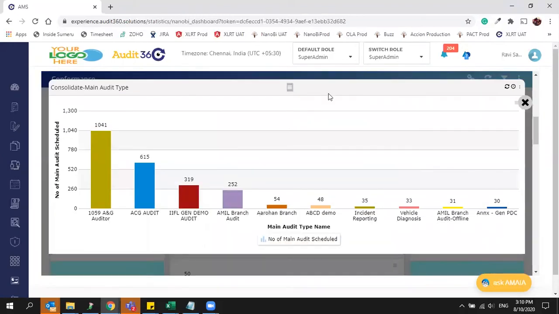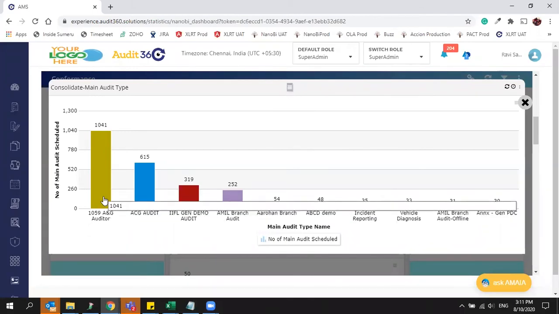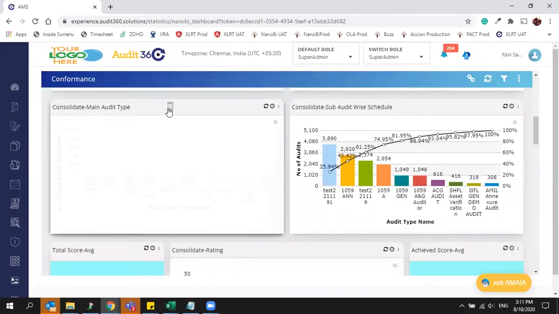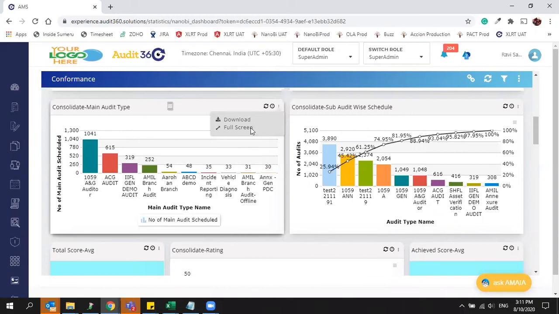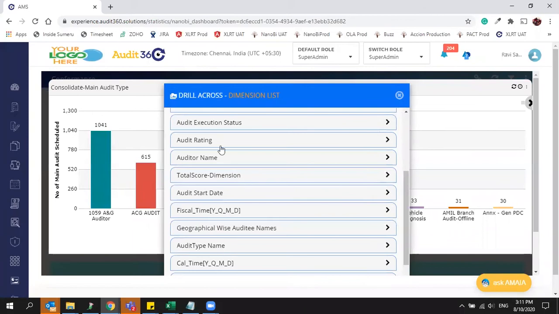Now, when you are in the main audit type chart, you want to see drill across for this particular main audit: who is the auditor that executed this audit. One minute, I'll enable the drill across and go to the full screen view. Then I'll choose one particular audit.